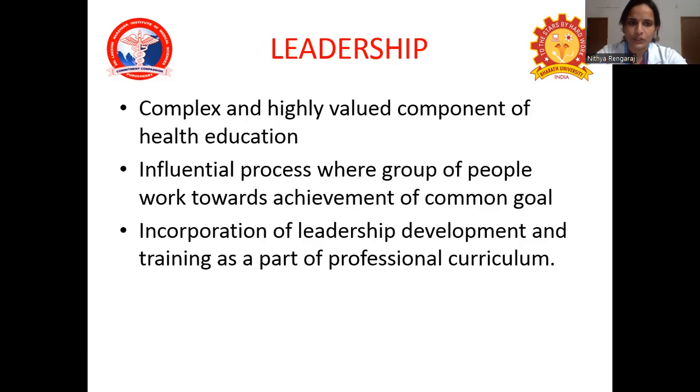Okay, moving on to leadership. Leadership is complex, but it is a highly valued component of health education. It's an influential process where a group of people work towards achievement of a common goal. Incorporation of leadership development and training as a part of professional curriculum is being stressed a lot because it is